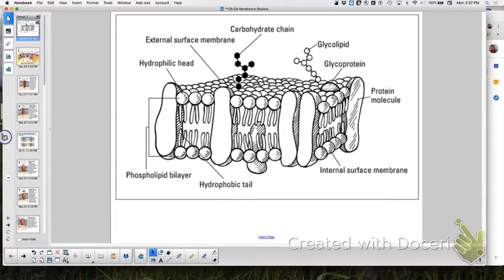Okay. And then we'll go over the protein functions. Now, in this picture, there is a lipid missing. What lipid is missing in this picture? Cholesterol. Yeah, so cholesterol and the,